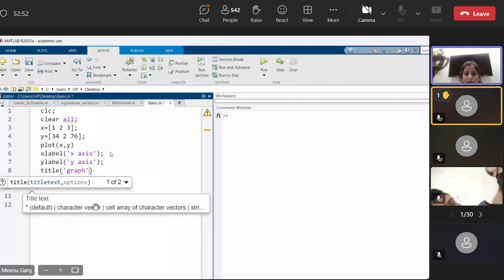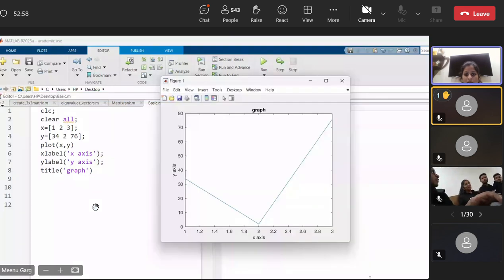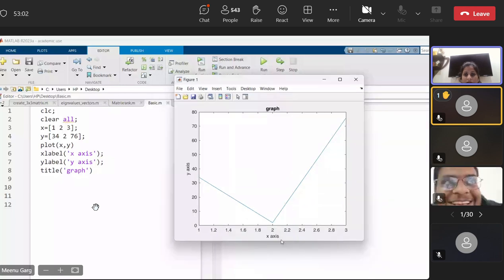So all these things will be on your figure window. This is a figure window. Now you can check. On the x-axis, it is written. On the y-axis, it is written. And as the title, graph is written. Is it clear? So now if I write here theta,